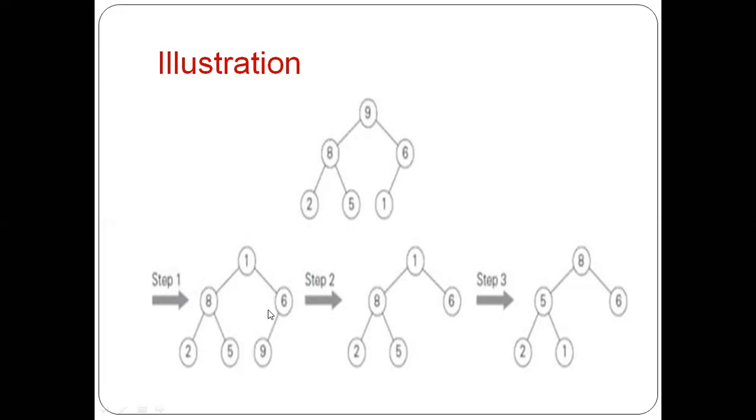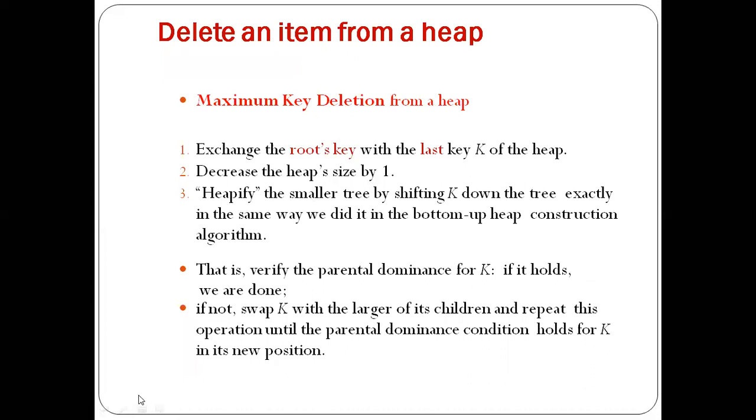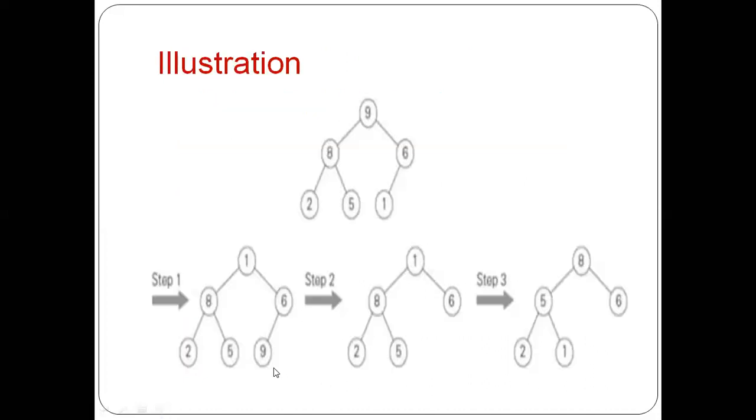The next step was telling you reduce the size of the heap by 1. That means you are deleting the last element. That is, the current 9 will be deleted, and the remaining will be this one. And I am applying the bottom-up heapify procedure for getting this as a heap. So how can you get it as a heap? Check all the parental nodes and whether each is satisfying the heap property, from the last parent node onwards.